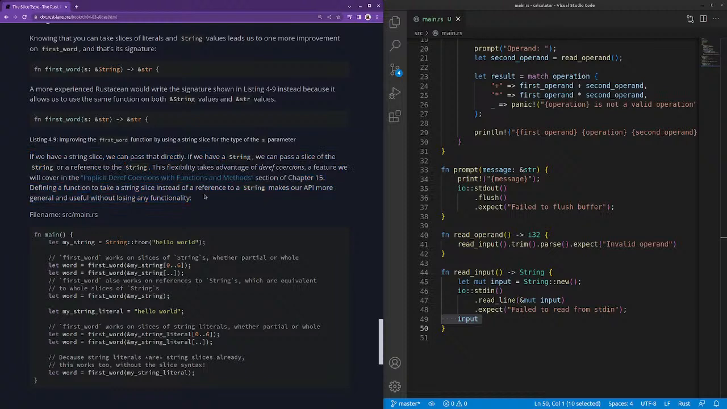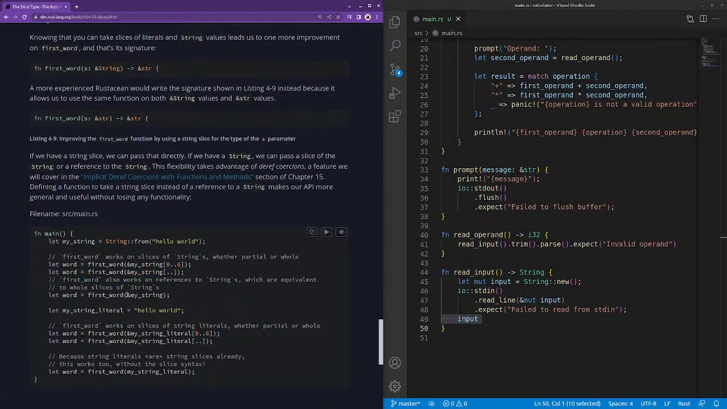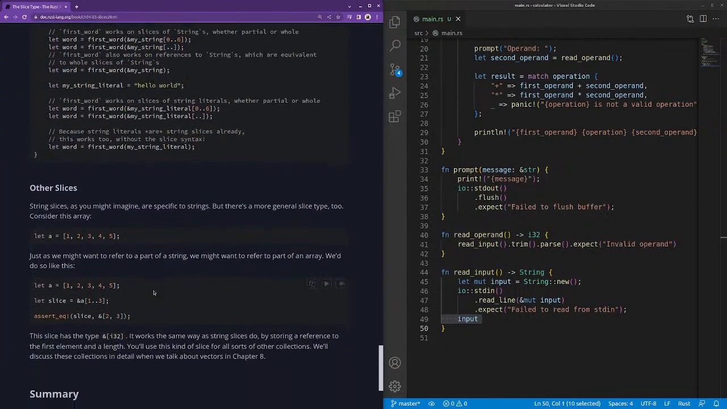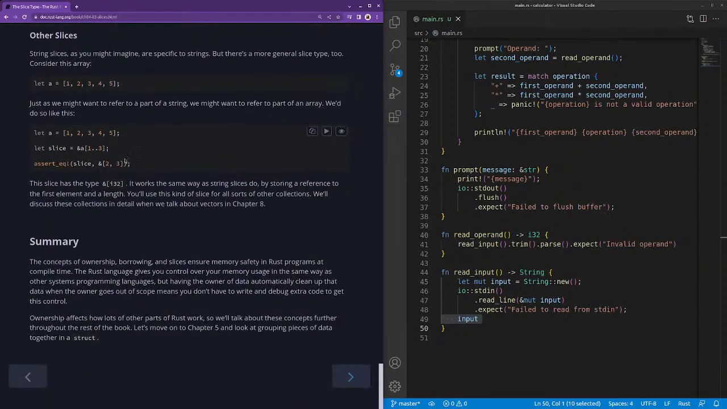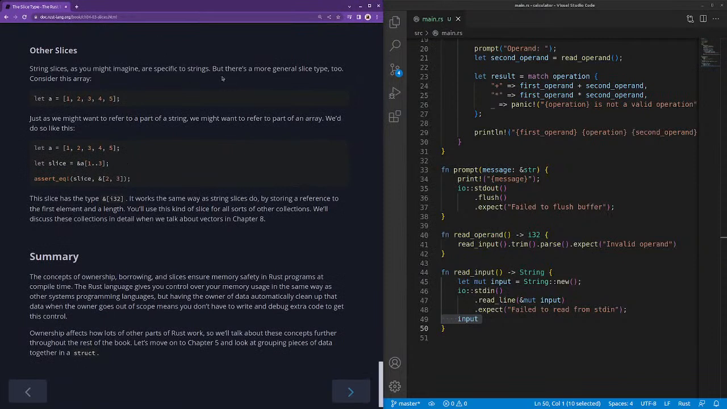Defining a function to take a string slice instead of a reference to a string makes our API more general and useful without losing any functionality. Yes, so here instead of passing my string, we pass a reference to only a section of it. But we could also just pass the whole slice. Okay, so far we saw slices only for strings, but I guess